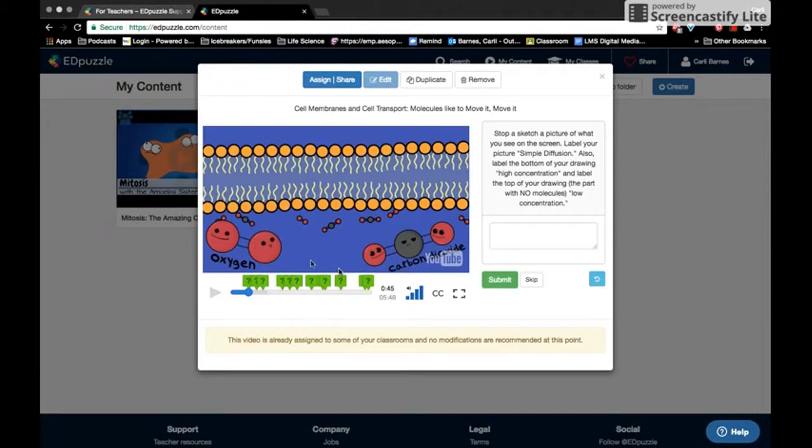So on the mitosis assignment that I made for them this week, I made sure to allow them to fast forward since I knew it would take them a couple days to get through the assignments. So you can see I was able to be super detailed with what I needed them to do, but you could also do multiple